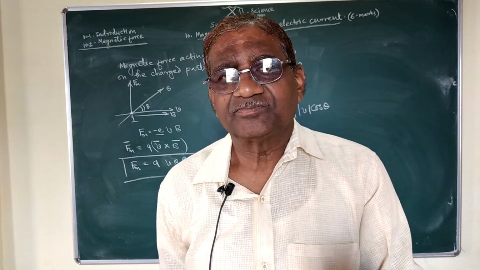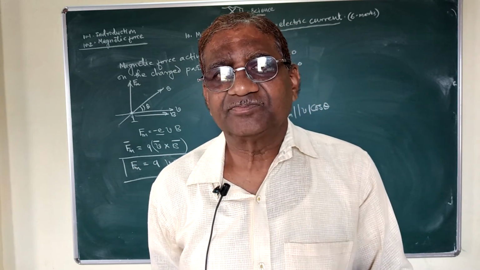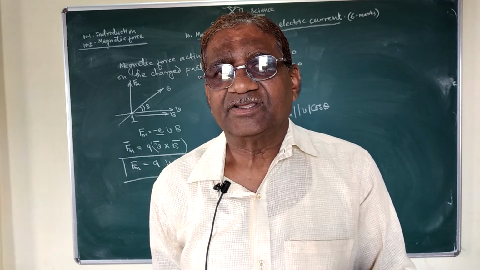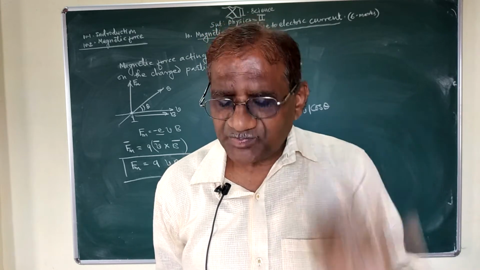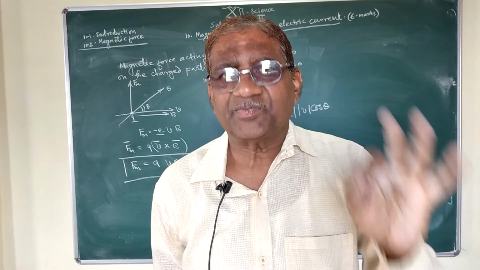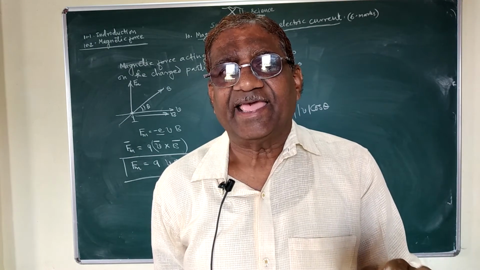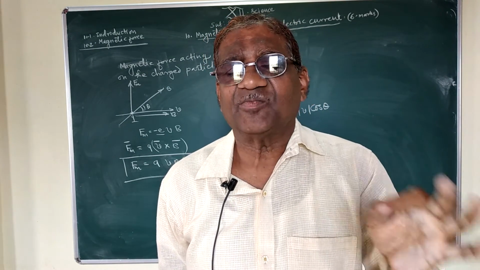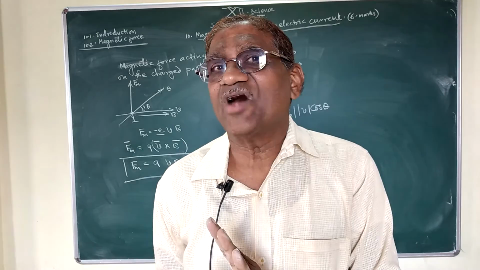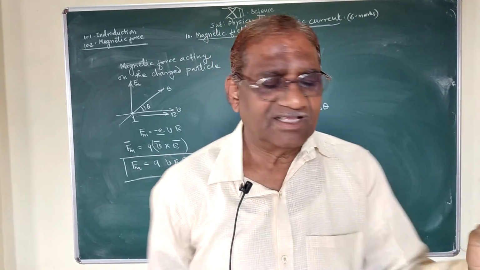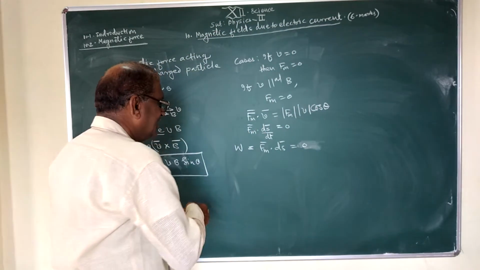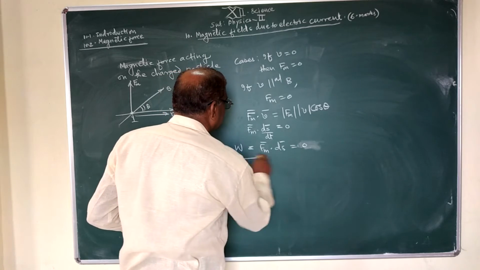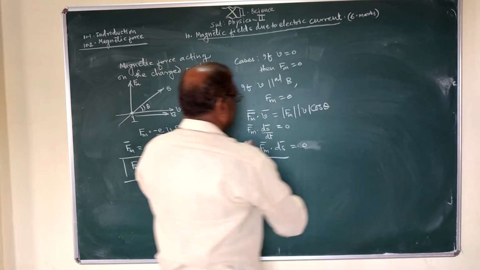Work done on the charged particle is 0 when the charged particle is at rest, or when the charged particle moves exactly parallel to the direction of magnetic induction. Work done is equal to 0. Now the next article is